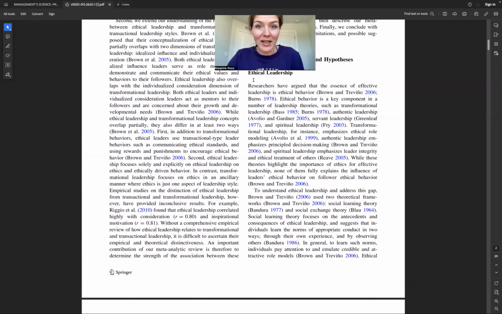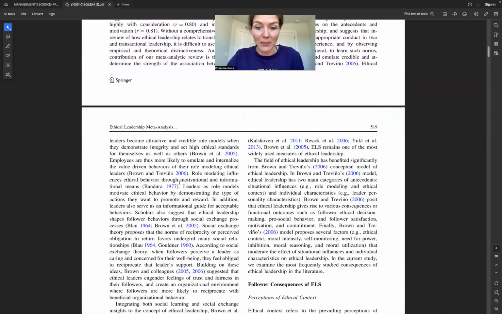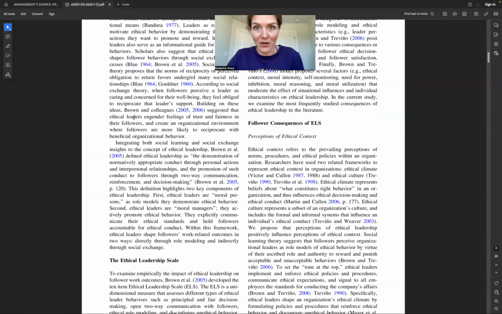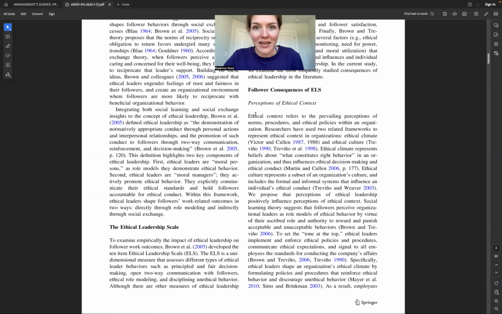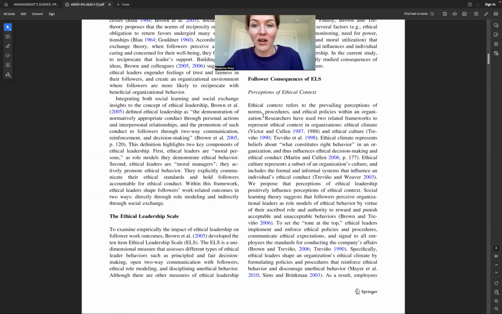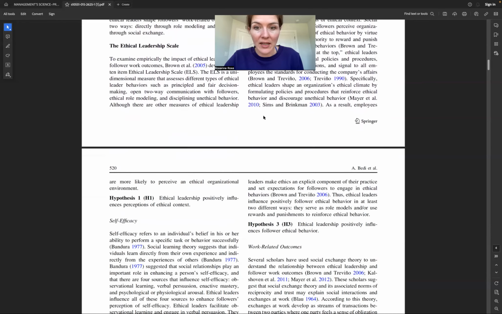The way you can tell, again, is the terminology and the definition. So we have ethical leadership. That's all good and well. We'll read our definition in that section, but we also want to make sure that this meta-analysis also looks at the other variable in our research question. Ethical leadership scale, not interesting to us. Follower consequences, that does sound interesting to us. That's what we're interested in, right? Ethical behavior of followers.